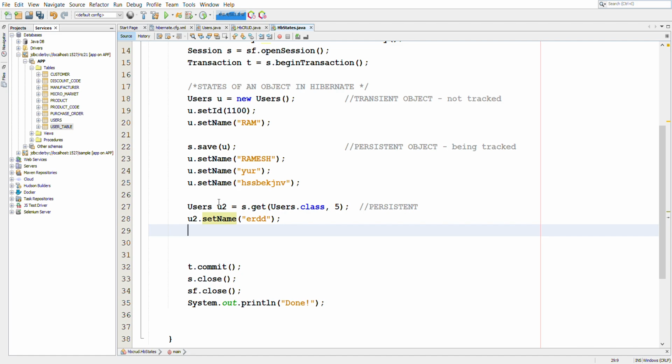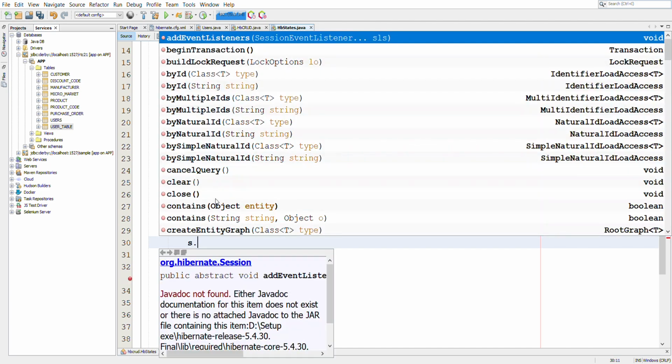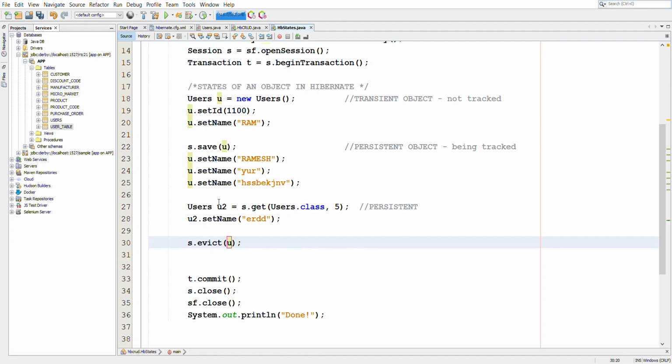So this is the persistent state of an object. Next is the detached state. So we have a method evict which belongs to the session. So using this evict method, we can remove an object from persistent scope.